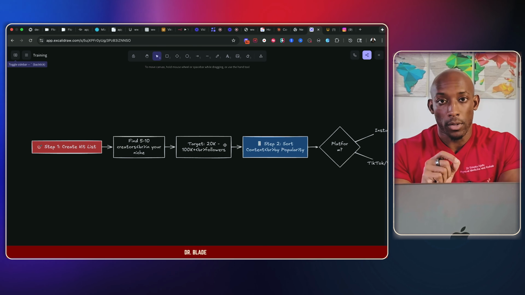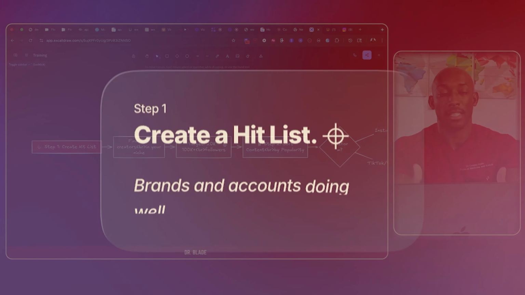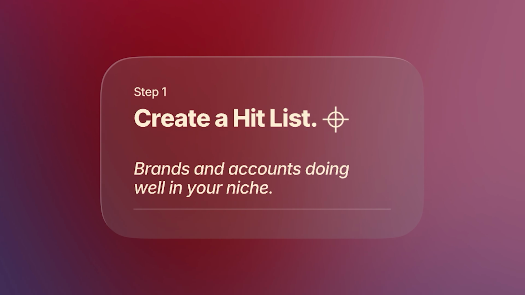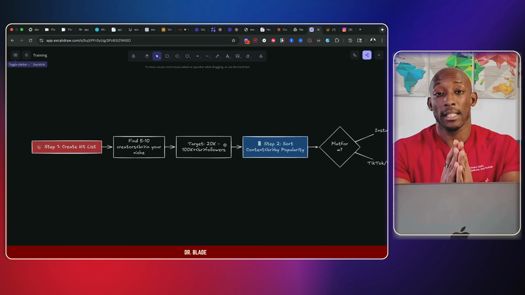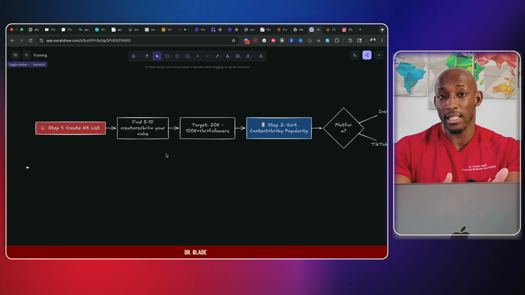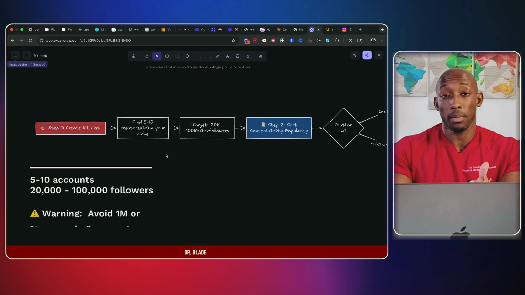The first thing that you want to do is create a hit list. This is essentially a list of individuals that are doing well in your niche that you would like to model. You want to come up with at least 5 to 10 of these individuals. You want to find them and you want to aim for people that have at least 20,000 followers or 100,000+